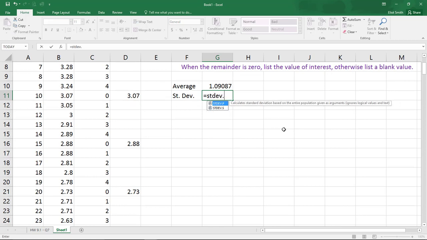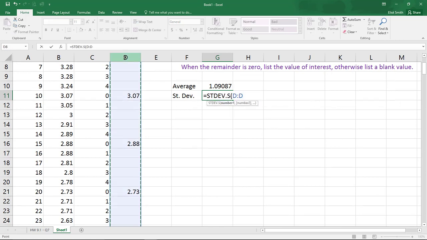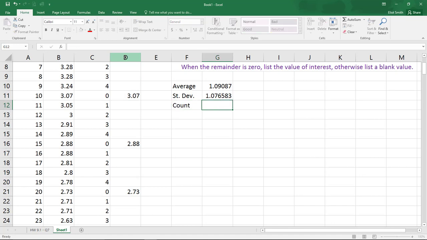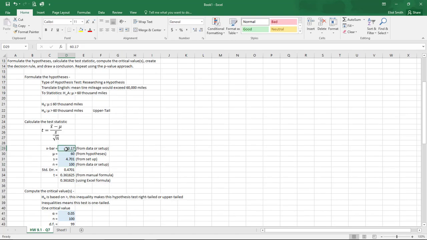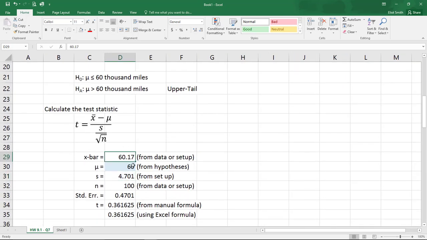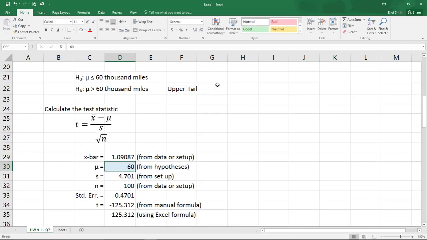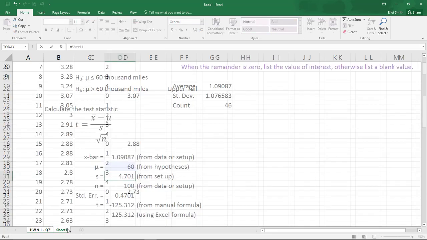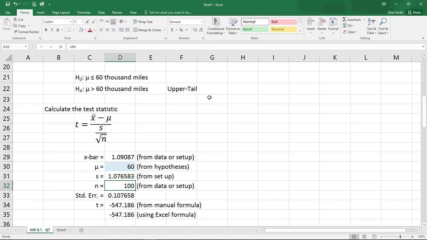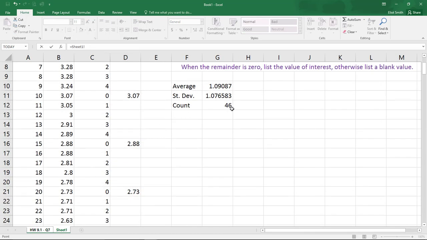So stdev.s of column D, and the count of column D. So now I can come over here and so X bar then is equal to this average here. I'll come to this in a minute. This is the standard deviation, and this is the count,